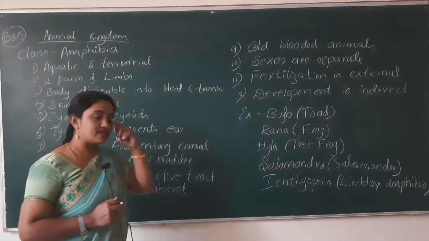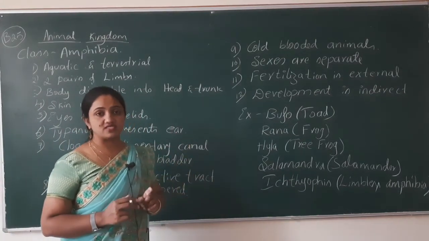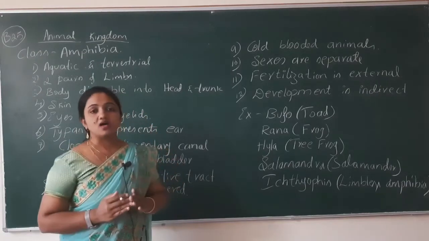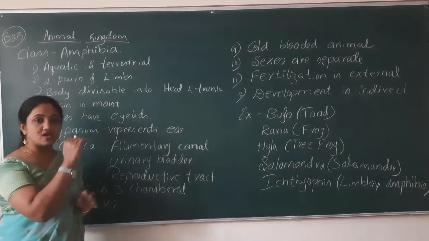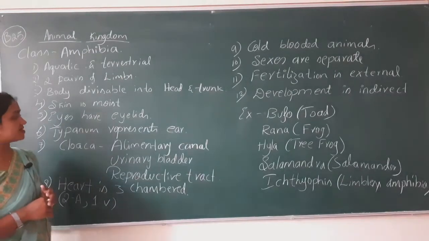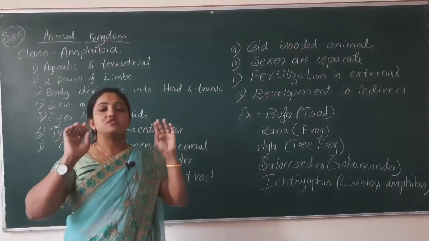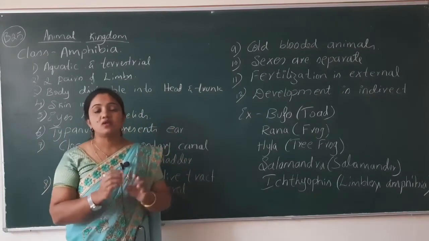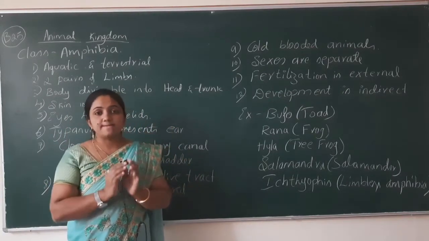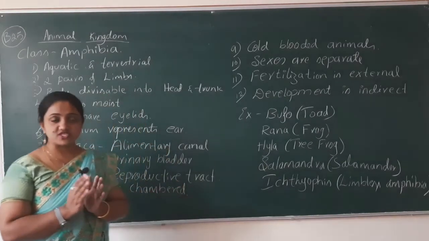The eyes of all these organisms are covered by eyelids, which are a protective layer. The tympanum represents the ear. It doesn't have a special ear pinna. It has a tympanum kind of organ which acts as the ear,